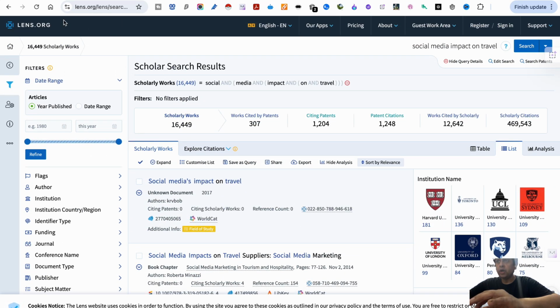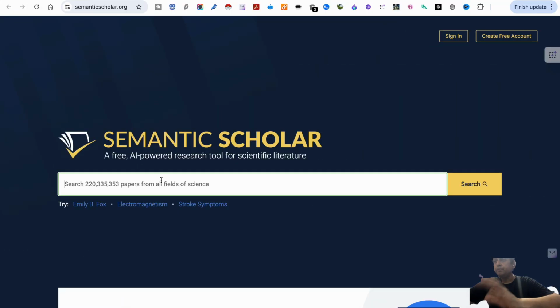This is lens.org. The third, which is honestly the base of a lot of tools, since they do a lot of white labeling using Semantic Scholar, is like a map of all the content that you would perhaps see. It has quite a few things. So for example, if I want to see